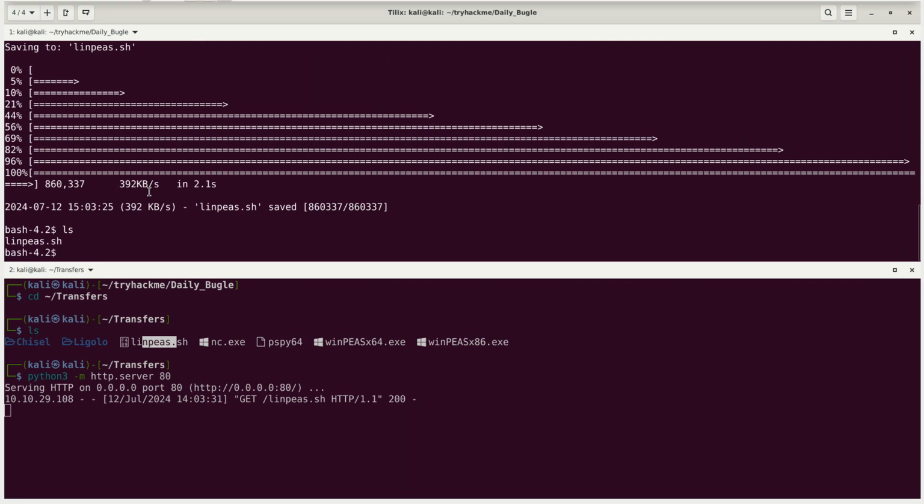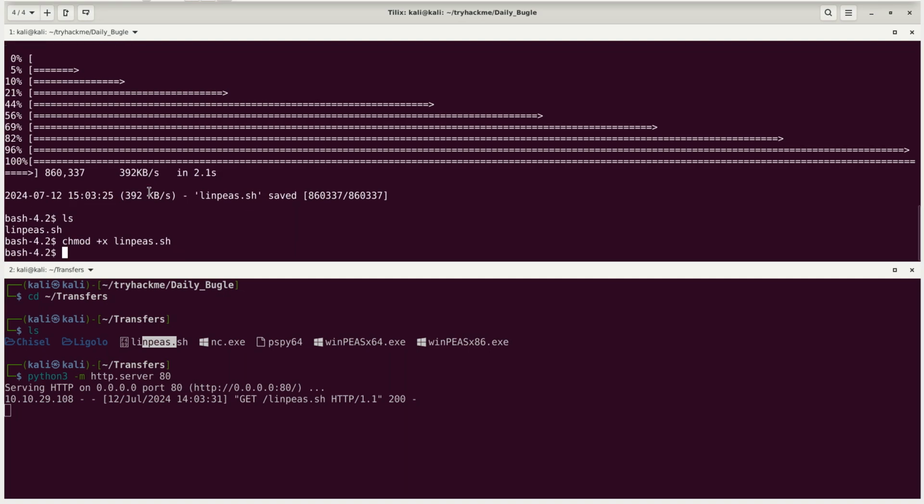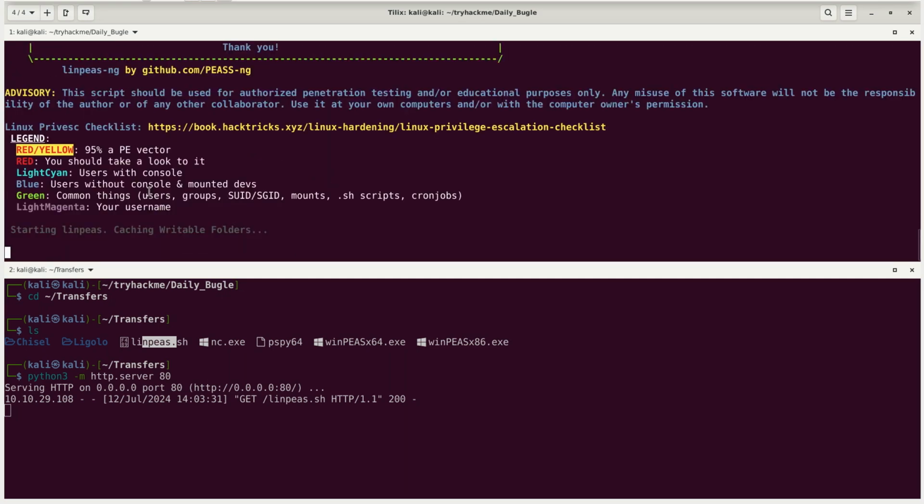There it is. We need to chmod +x linpiece.sh so that it can run linpiece.sh. So